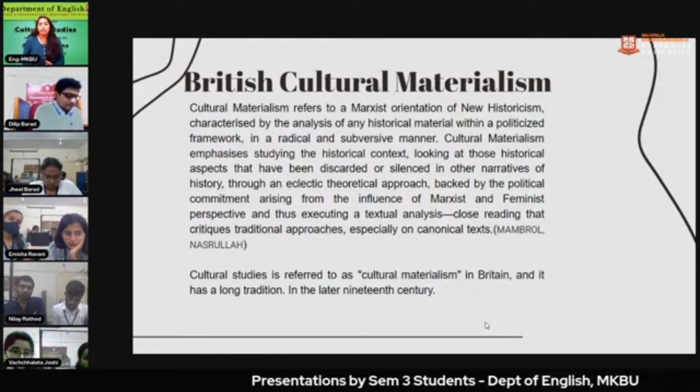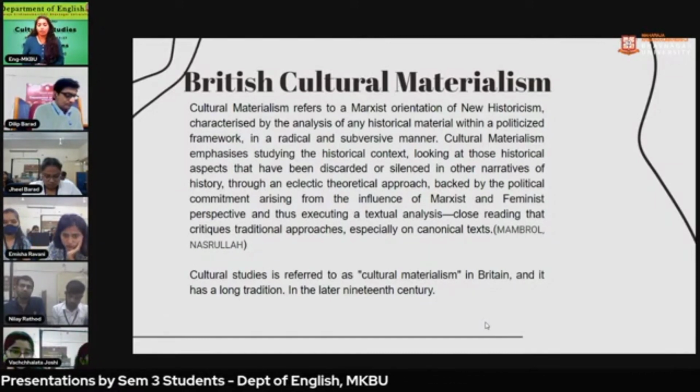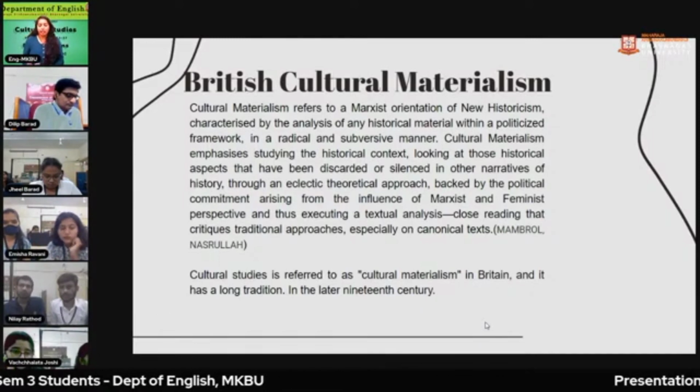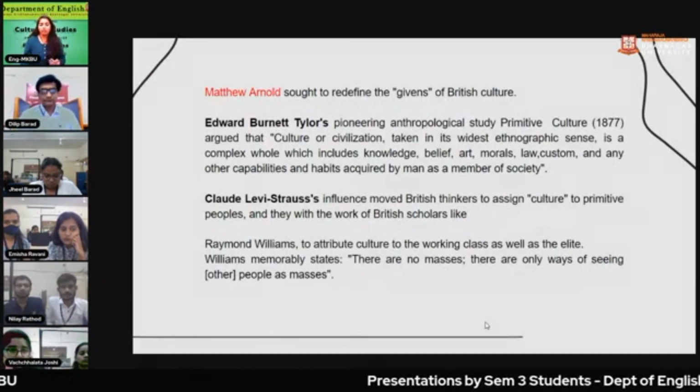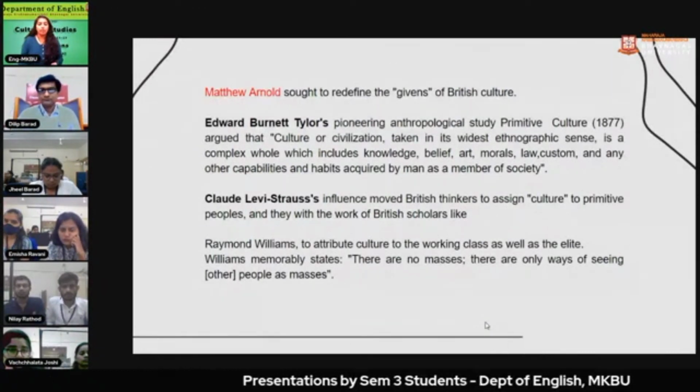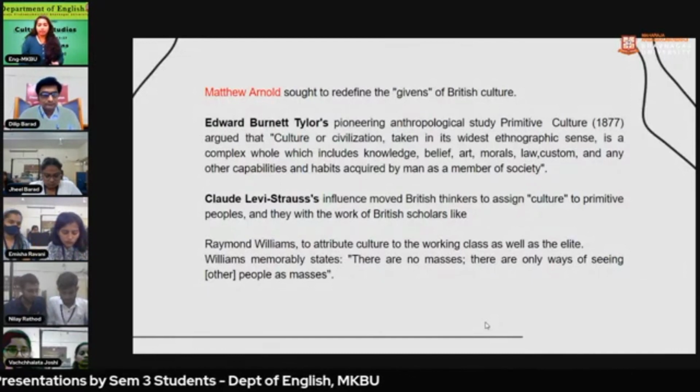Cultural study is referred to as cultural materialism in Britain, and it has a long tradition. In the later 19th century, Matthew Arnold sought to redefine the givens of British culture. Edward Burnett Tylor, a pioneer